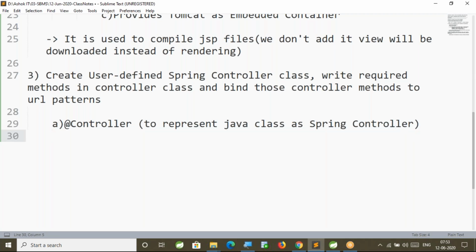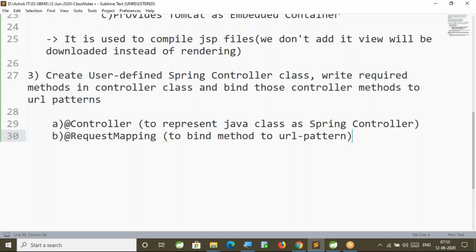Now, the next one. To bind our method to a URL pattern, we will use the annotation called @RequestMapping.